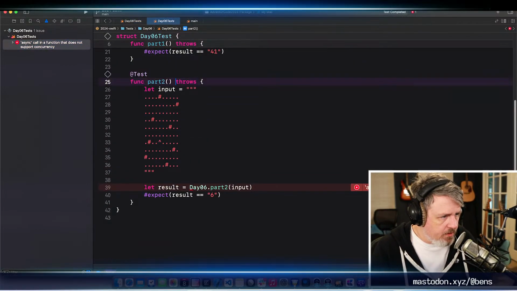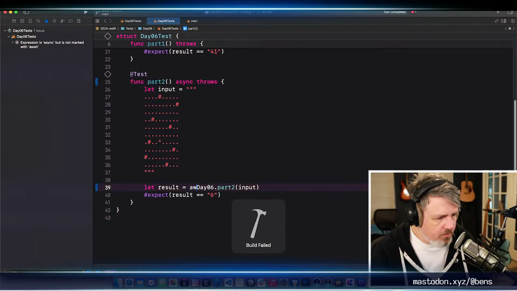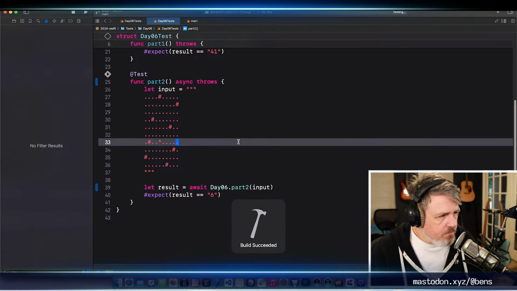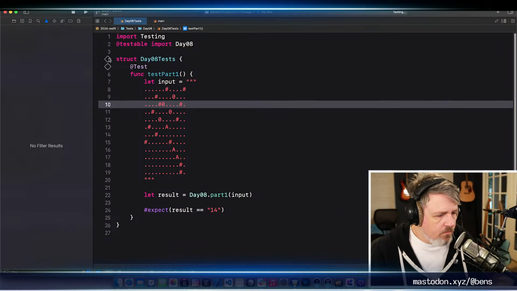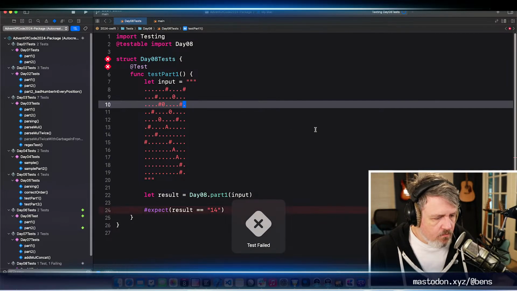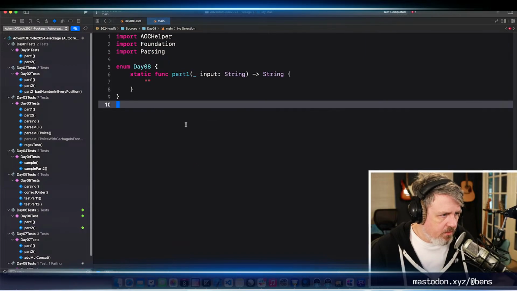I must have made that async and forgot to run the tests for it, which means that needs to be 08. Okay, so we've got our structure set up.